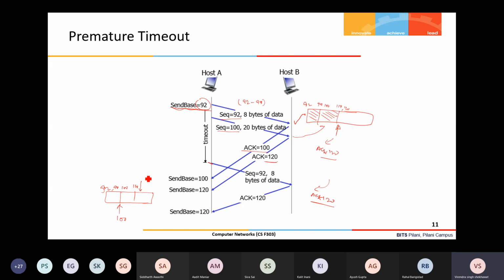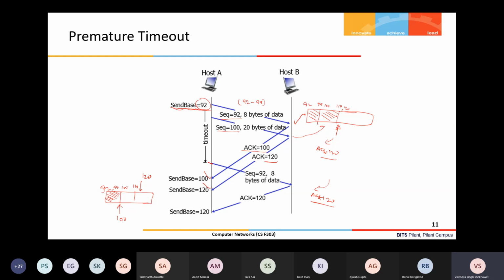The next byte to be sent, that pointer, is at 120, and the first acknowledgement has confirmed that these bytes have been successfully received. So the send base will move from 92 to 100.